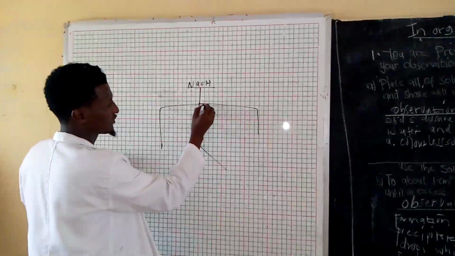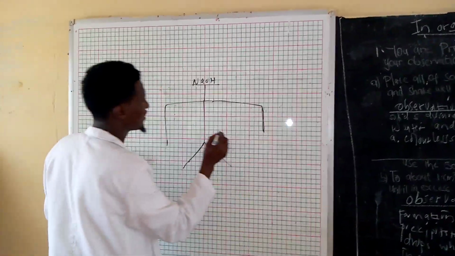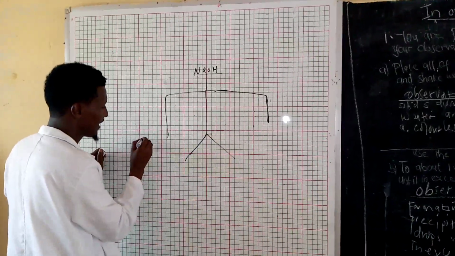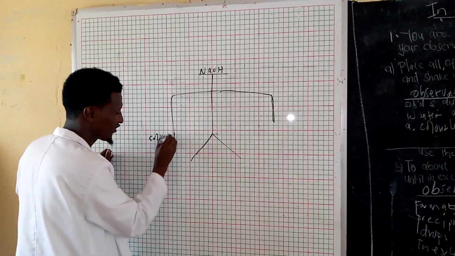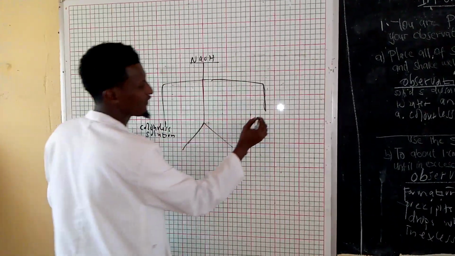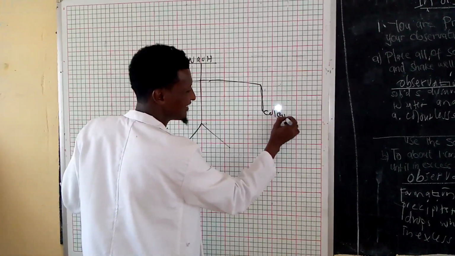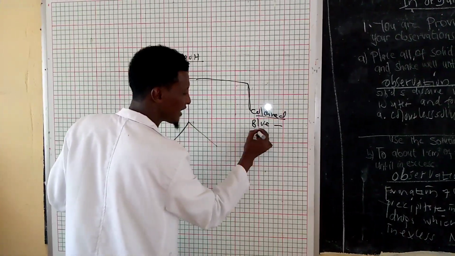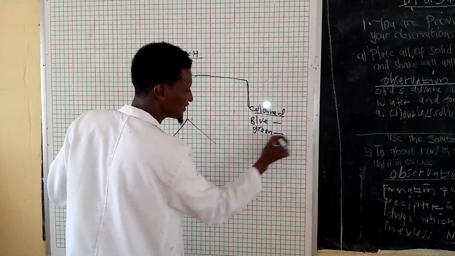I normally tell my students like this. When you are using sodium hydroxide and you add it, it either becomes colorless, it can form a colorless solution, or can form color. The color can be blue, can be green, can be brown,